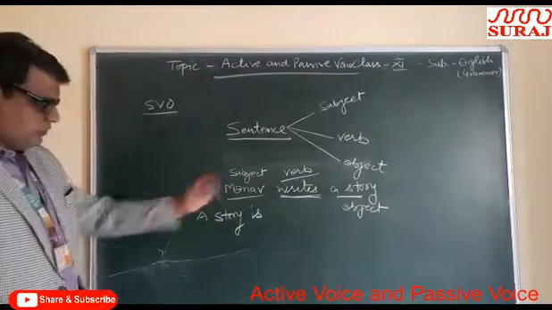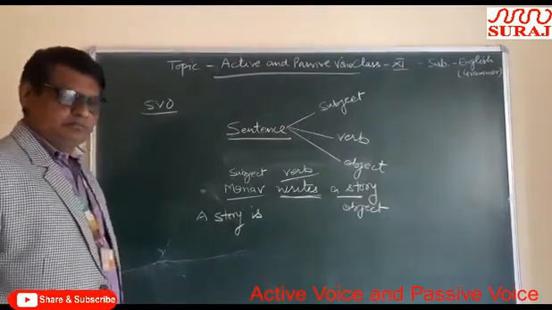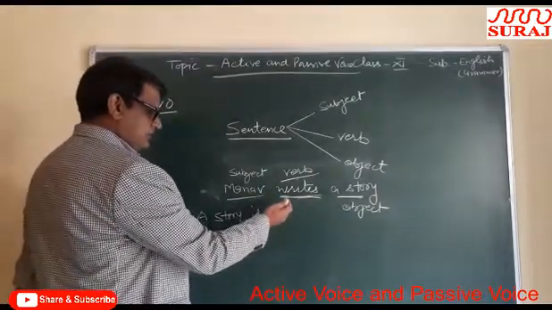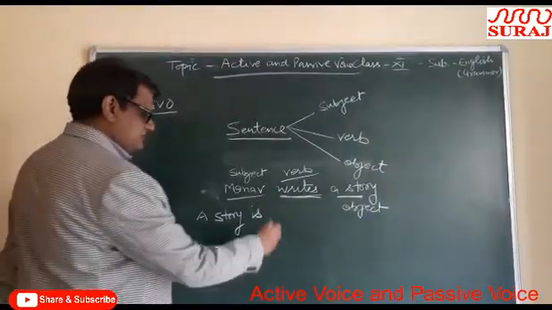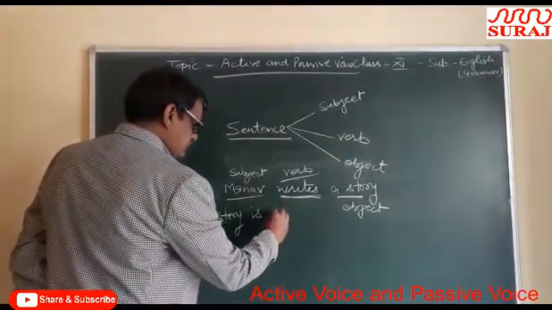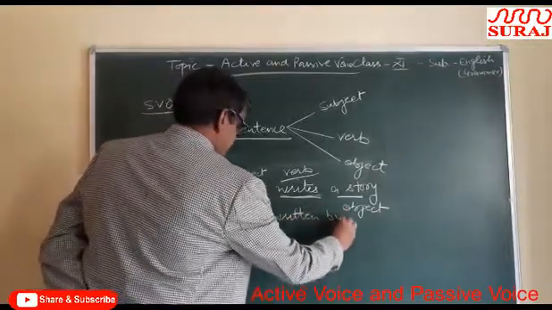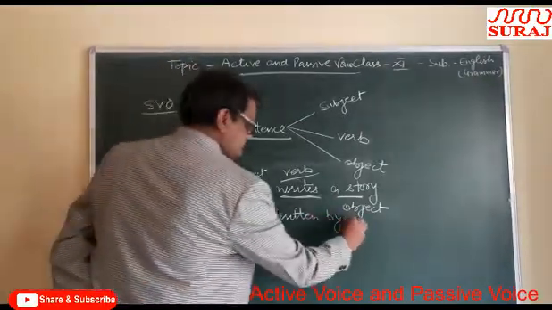The first form of the verb is known as the present form, the second form is the past form, but you will write the third form of the verb here. It means past participle. A story is written